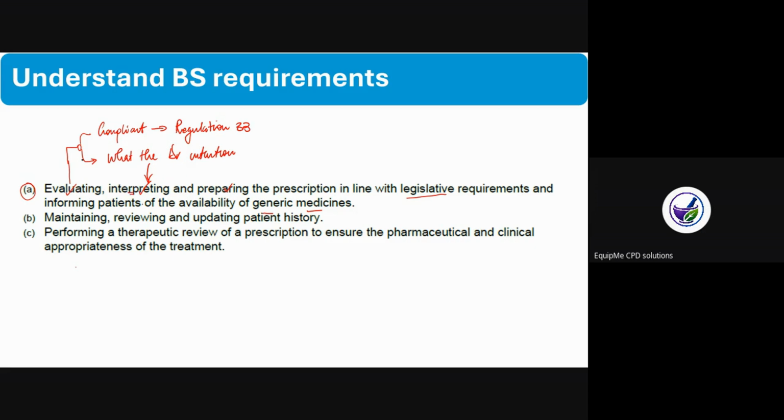When you're interpreting the prescription, you are checking what was the doctor's intention. When you see certain medication, maybe like Redac, then you already know that there's blood pressure there. When you see atorvastatin, then you're thinking cholesterol. And when it speaks about preparing the medication in line with legislative requirements, then you ask yourself, what other legislative requirements are applicable when preparing a prescription?